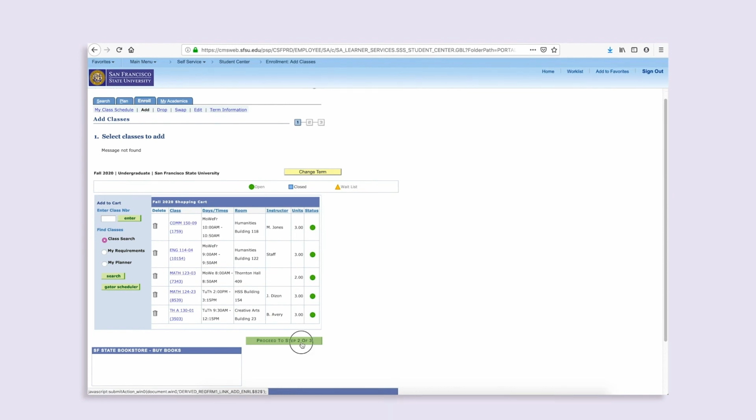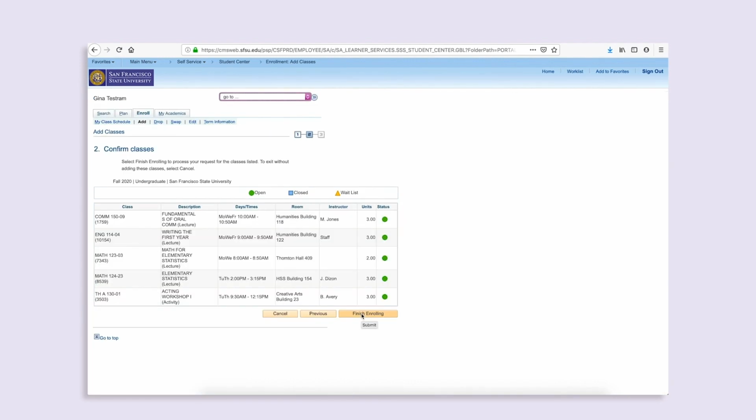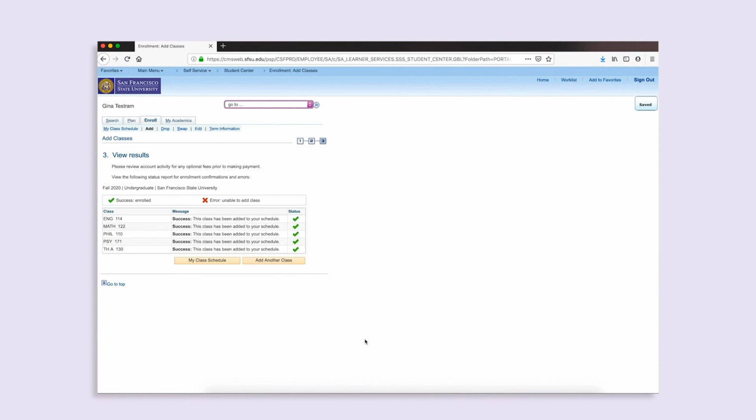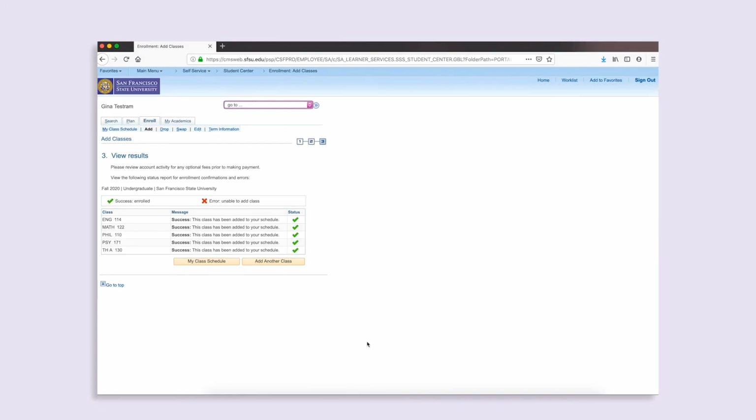To confirm your seat in the course, click Proceed to Step 2 of 3 in the lower right. The system may give you a pop-up message for your math and/or English placement notices. Select OK to these messages and continue through the prompts to the final Finish Enrolling button. You will then see a summary list of your courses enrolled. If the course has a green checkmark in the status column, congratulations, you are enrolled in the course and your